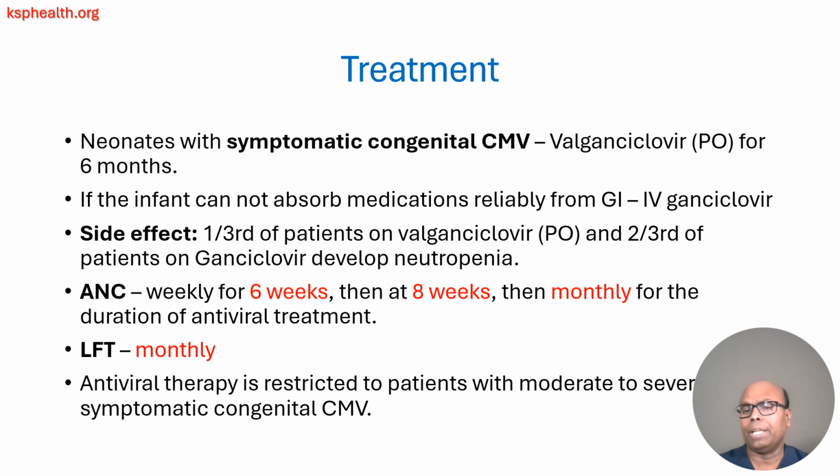Neonates with symptomatic congenital cytomegalovirus need to be treated with valganciclovir. It is given by mouth for 6 months. If the infant cannot absorb medications reliably from the GI tract, then one should use IV ganciclovir. The side effects: 1/3 of the patients with valganciclovir, which is given by mouth, and 2/3 of patients who received